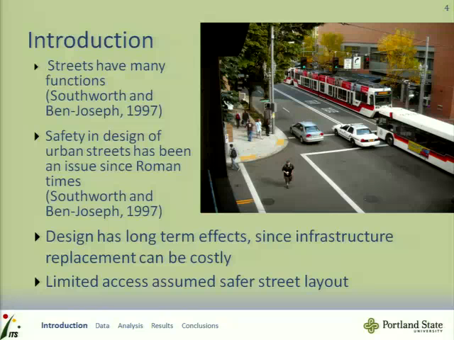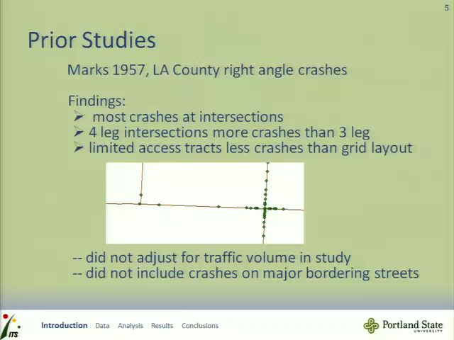Starting in the mid-1800s, city designers such as Olmsted started assuming that grid was less safe than layouts that had less through streets. And that became a component that was even codified into the design and layout of streets. So they assumed it was safer, but let's look at some of the studies that have been done.